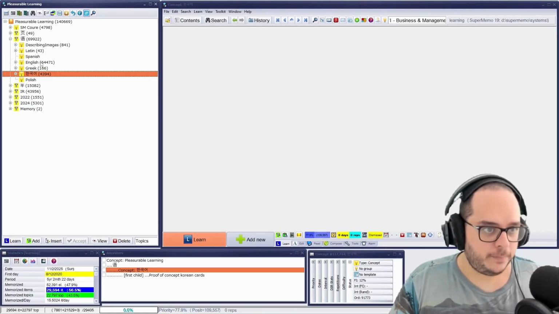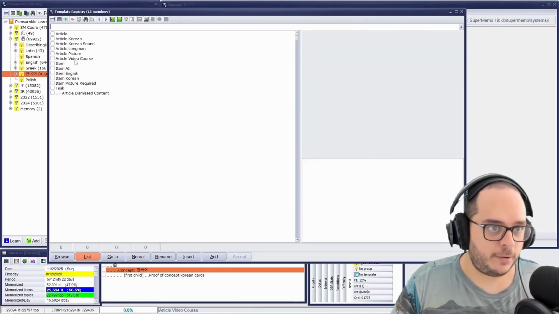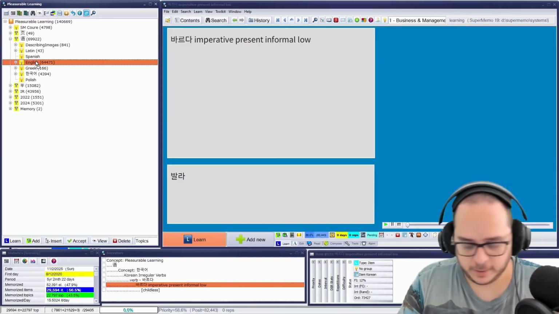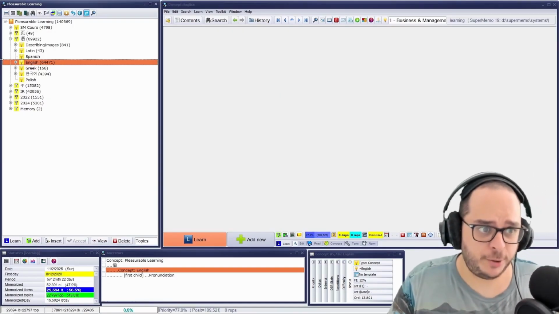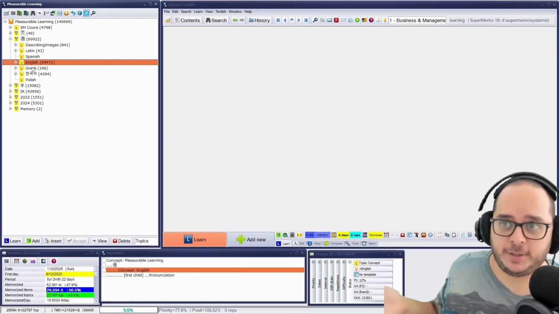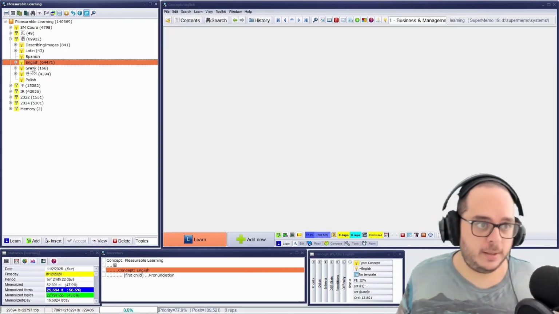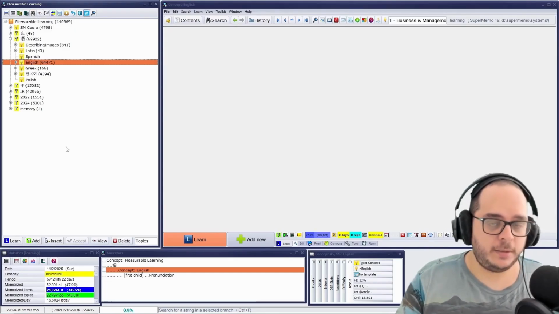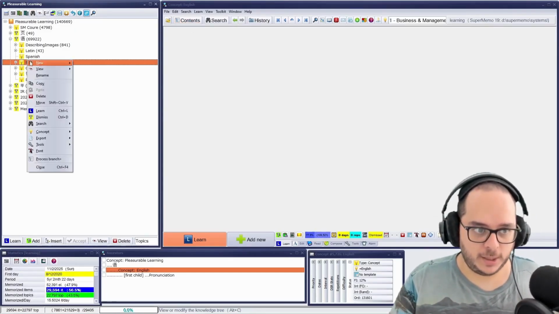So I can tell you, this exists, because if I go to templates and I get the Korean, I filter by branch and I put English. So that depends. If it's very segregated, meaning there's no chance, there's no need for you to use this feature, because again, there's no chance, don't waste your time. If you use SuperMemo with some flexibility, that most of the Koreans are here, but could be anywhere in my collection, then you might want to change the setting.